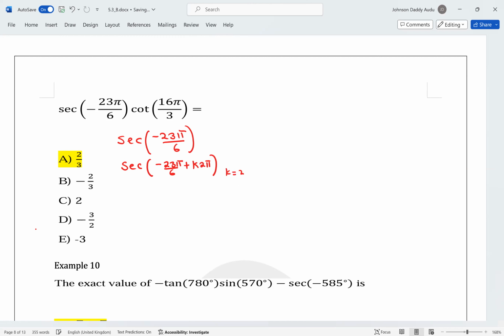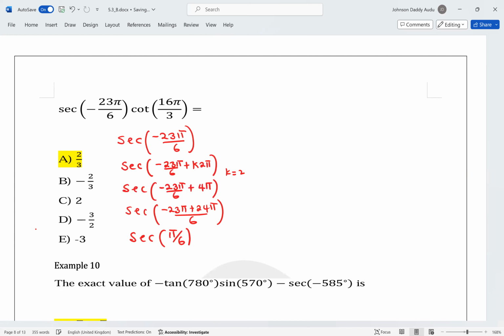2. If you take k to be 2, you will have sec of minus 23 pi over 6 plus 4 pi, right? And if you look carefully, this is going to be sec of minus 23 pi plus 24 pi over 6. So it's just going to be sec of